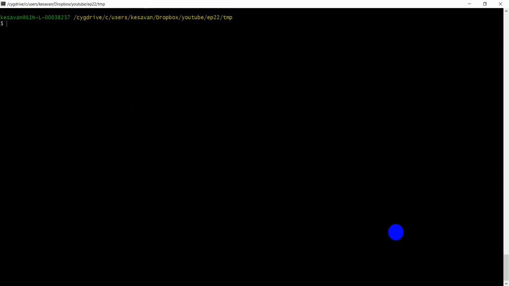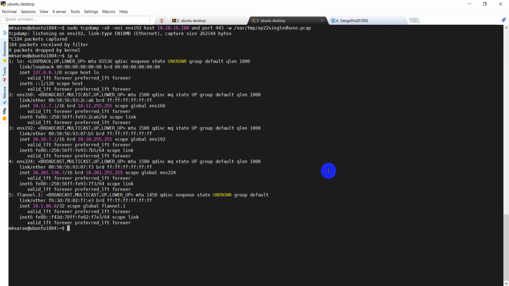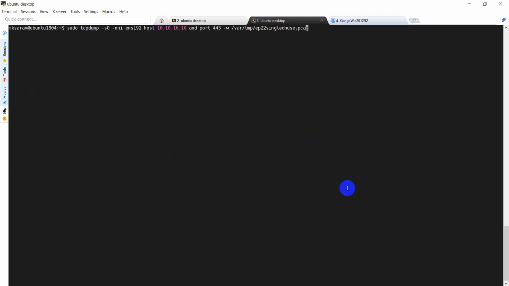Let me go to the packet capture site and prepare my packet capture filter. One small change is that the 10.11 interface is different. The 10.11 interface is ENS160, so I need to use the ENS160 interface to perform the packet capture. My Windows server IP address is 10.11.12.1. I need to change my file name as well, so I am going to say episode 22 WinDHE. I started the packet capture.